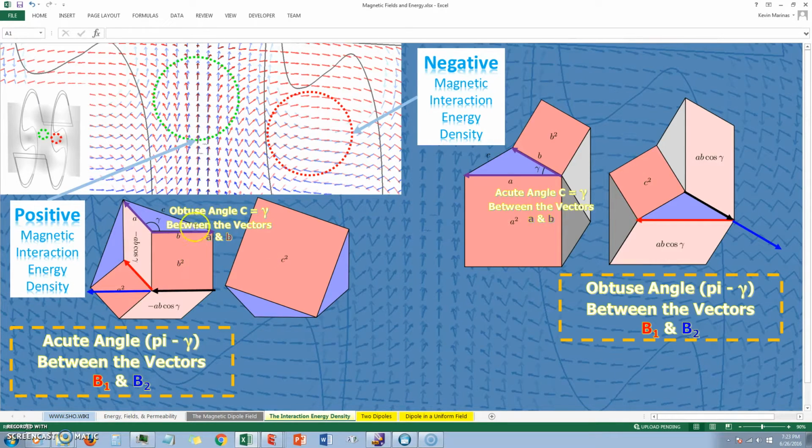So anyway, now this is similar to the relationship, basically it's involving the cosines of angles. But the magnetic interaction energy density is positive when the magnetic field vectors from two different sources,